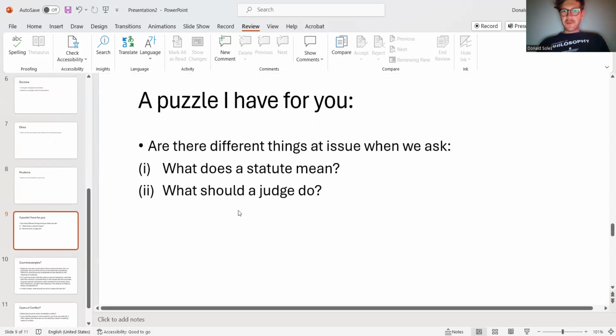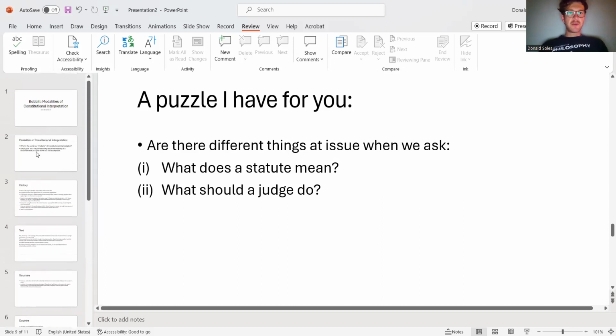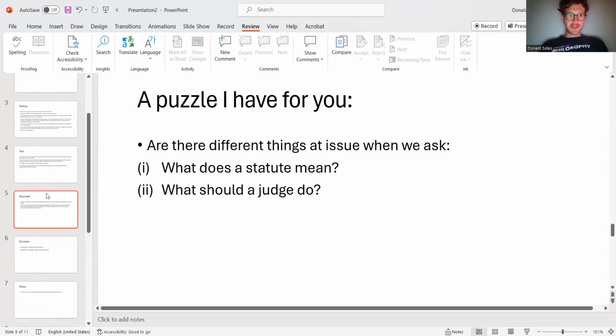I've often thought that perhaps sometimes what people mean when they talk about interpretation could be twofold. They might mean, on one hand, what does a statute mean, just as they meant what does a Taylor Swift song mean, or what does a movie mean, or what does a religious text mean? But in another sense, they might be interested with what should be done. Suppose you have a law, and suppose it's very bad. Suppose that the authors who wrote it had evil intentions. Suppose that everyone at the time of its promulgation would have understood it to have evil effects.